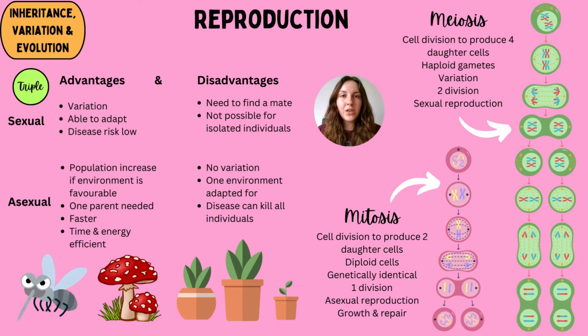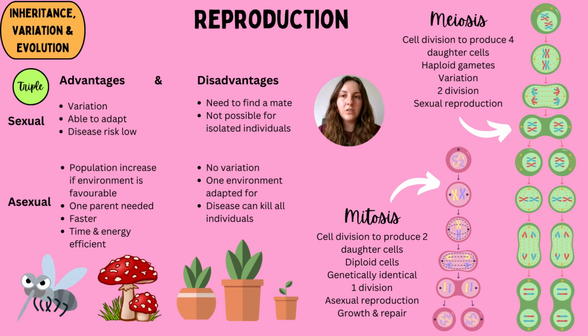There are two types of reproduction: asexual and sexual reproduction. And if you're a triple scientist, you need to know the advantages and disadvantages of both. But if you're a higher combined or a foundation student, you just need to know the differences between the two. So the key way to know the difference is to look at the cell division processes, mitosis and meiosis. Mitosis is a great example of asexual reproduction in cells. And this is when a cell will divide to produce identical cloned copies of itself through one division,